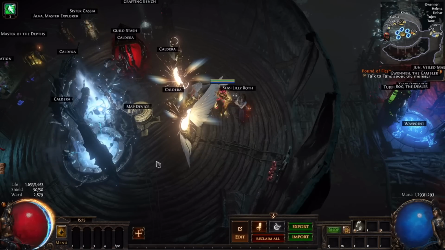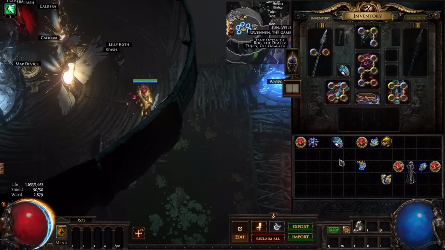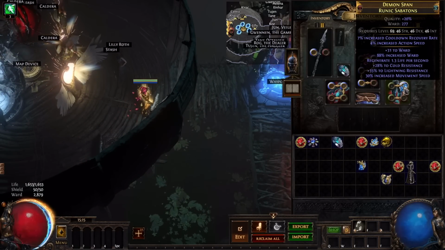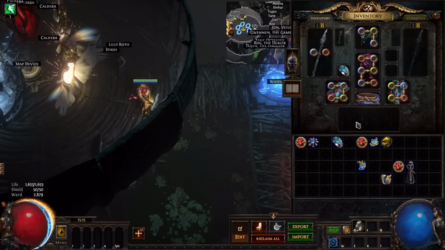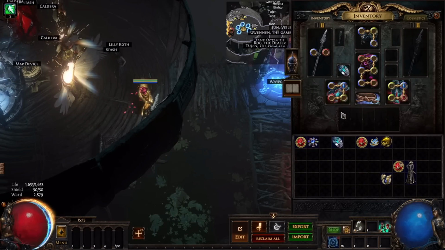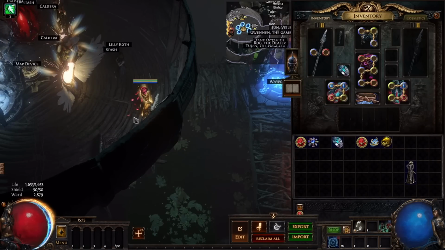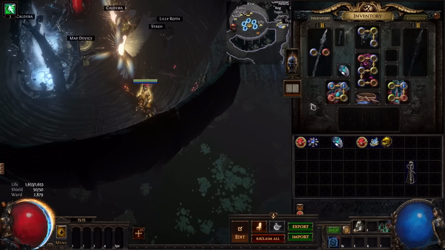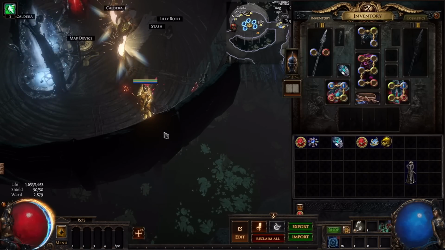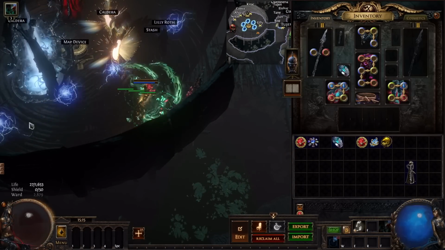So now, when we have ward, we socket our ball lightning, damaging, and our skeletons. And we should be able to survive damage because we have ward. So let's see, swap weapons, summon spirit, swap again.